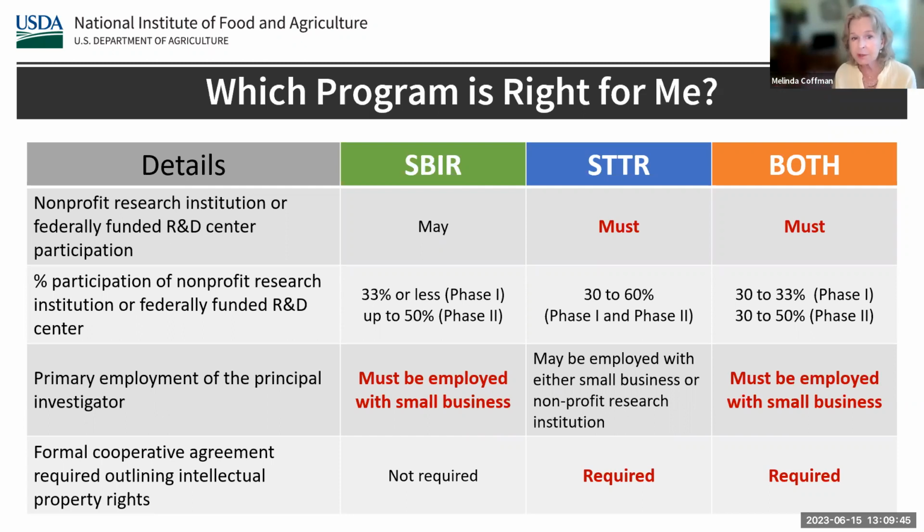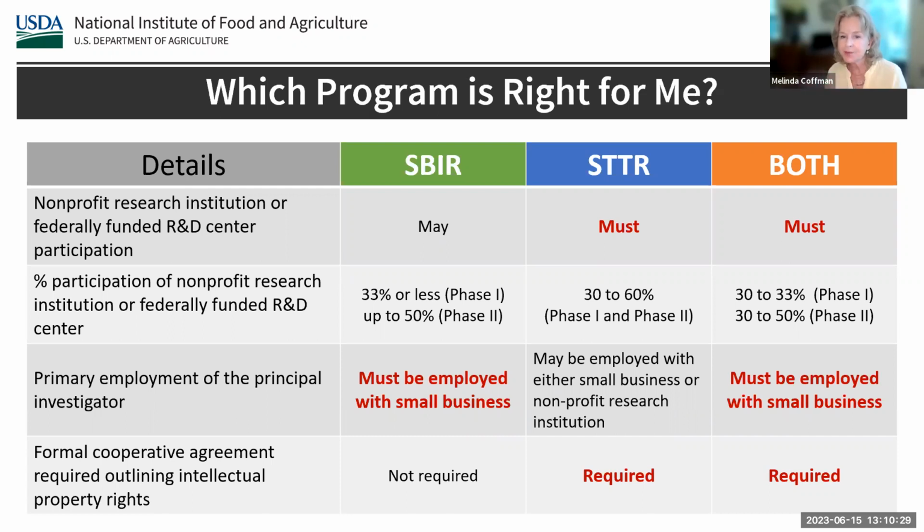The percent of participation for the nonprofit research institution or federally funded R&D center is different with SBIR and STTR. It's 33% or less for phase 1 in SBIR and up to 50% in phase 2. For STTR, it's 30 to 60% in both phase 1 and phase 2. And then if you want to apply for both, then those numbers are 30 to 33% for phase 1. That would qualify you to apply for both SBIR and STTR or either, and then 30 to 50%